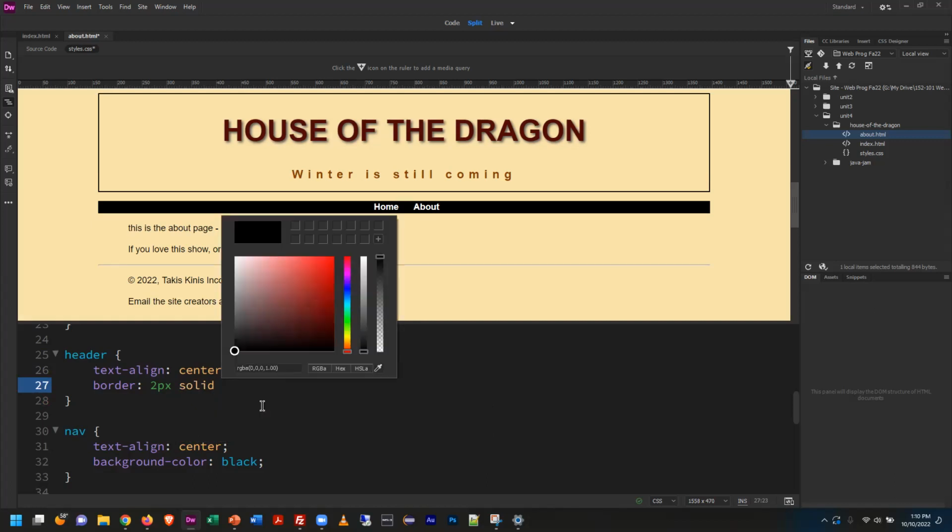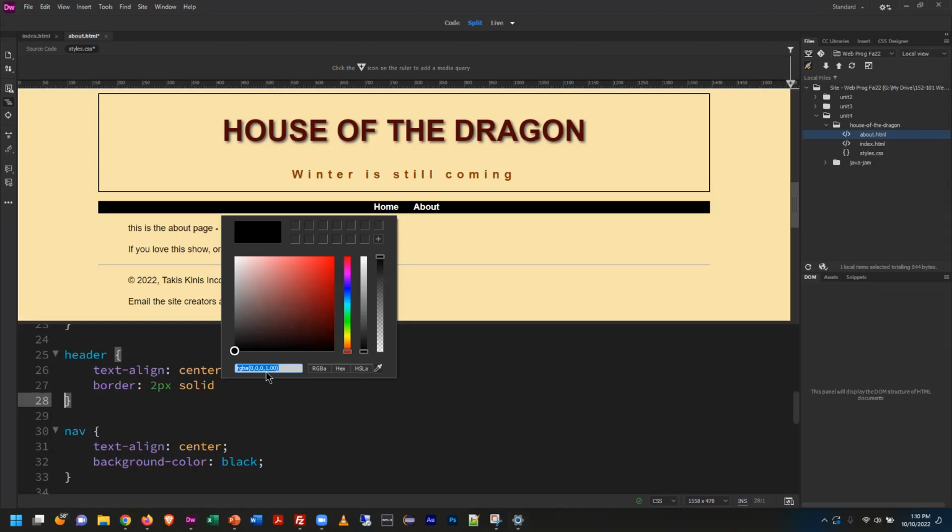Now here's another nice thing about Dreamweaver. Notice the color picker is built into the product. I don't have to go external to get a color. I'm not sure what a good color is here. I might go for something like the color of this font, but maybe black is actually okay. So you know what? I'll just click that,